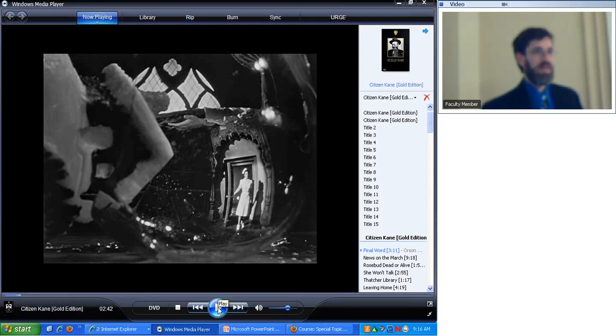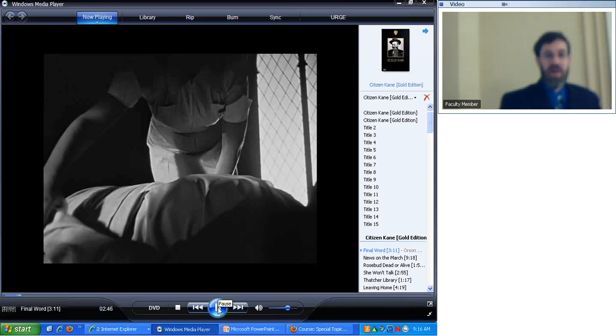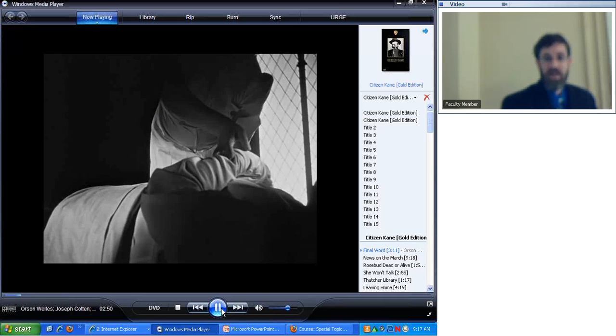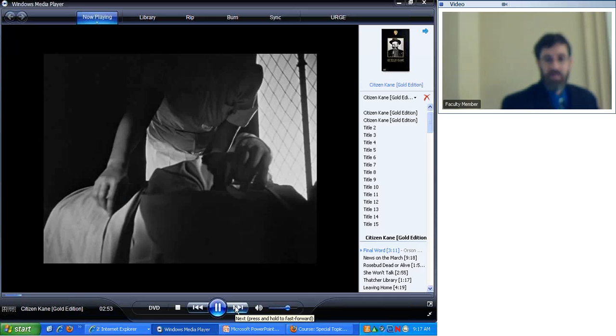That's the deep focus shot. When we talk about deep focus, right? We had in the near view, so when we talk about deep focus, that's the first example. There's a lot of examples in this movie of that type of shot where you have something in the foreground and something in the background. So he says rosebud, blah, blah, blah.